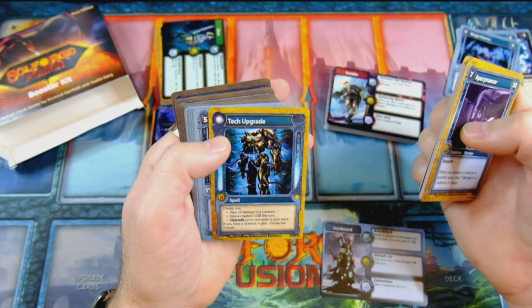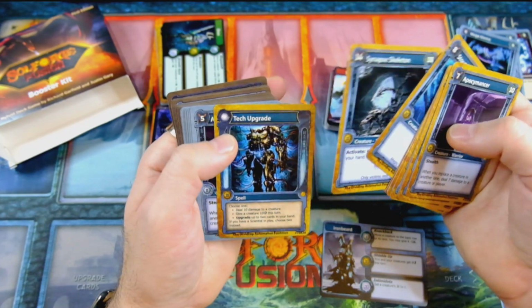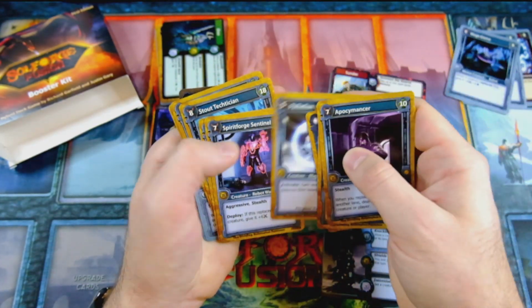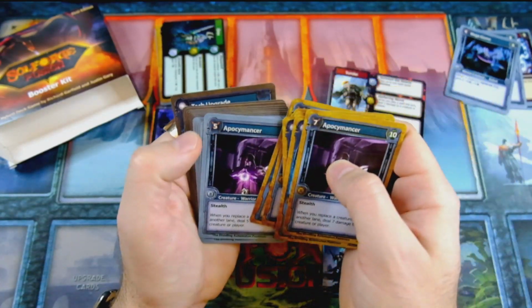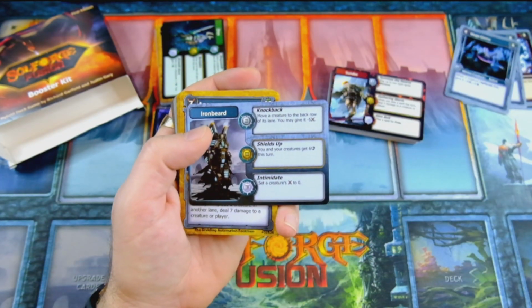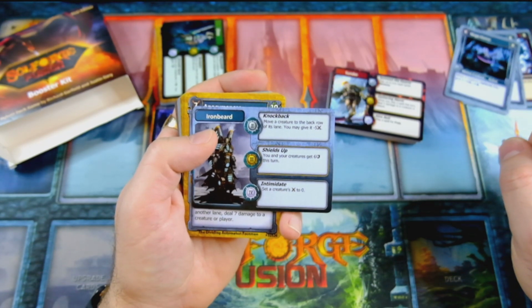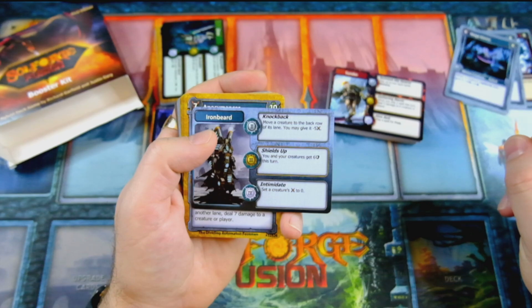Choose one. Deal 10 damage to a creature, give a creature 10 armor, or upgrade up to 2 cards in your hand. If you have a Scientist in play, choose 2 instead. I'm liking that, and I believe we had a couple Scientists here. Just the one Scientist. Quite a few Warriors, though. So, yeah, I like that. I actually like that quite a bit. That's a really nice Aloyan half. Move a creature to the back row of its lane. You may give it -5 attack. You and your creatures get +6 armor this turn instead of creature's power to...